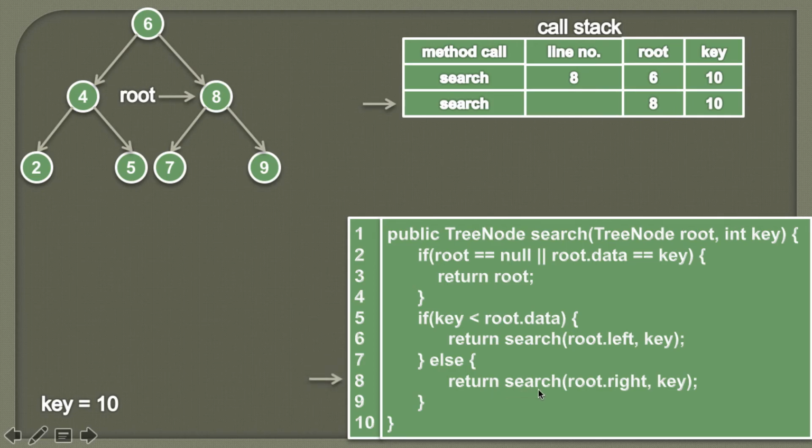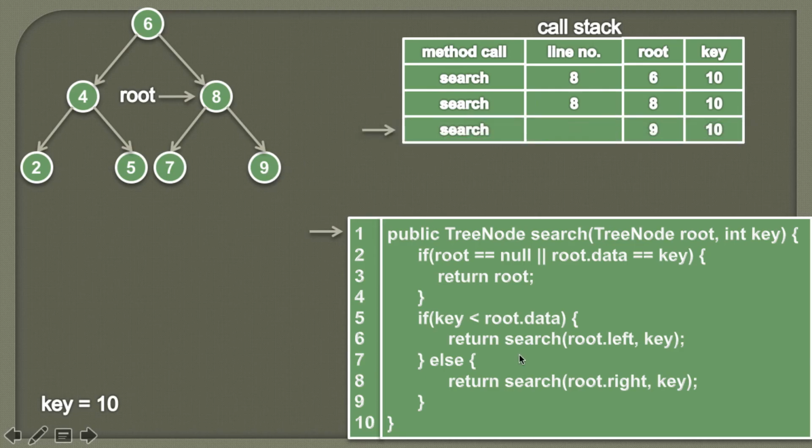So here we'll again call the search method by passing in root.right. So here root is pointing to 8 and its right is 9. And as we are leaving this search method, we'll keep the track of the line number. So on the call stack, there would be a new search method, and this time root will become 9 because we are passing root.right. As root is pointing to 8, its right is pointing to 9. So here our new root will become 9.